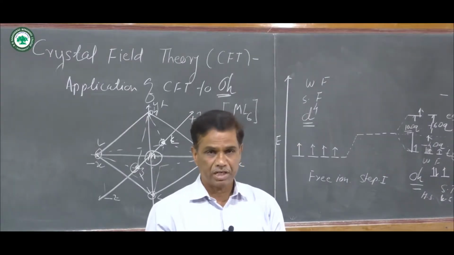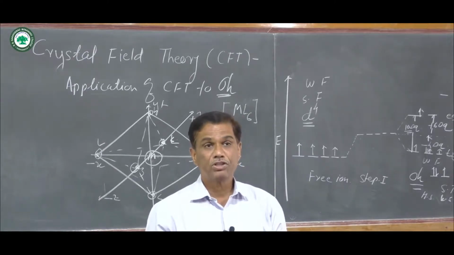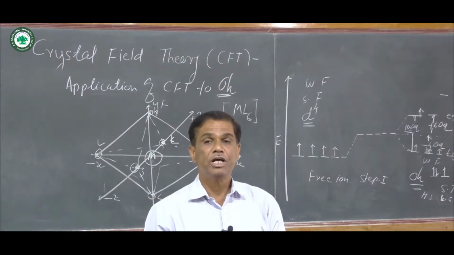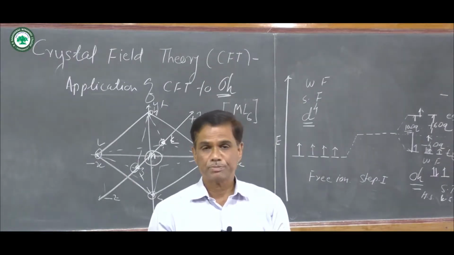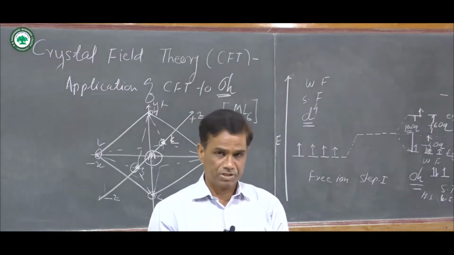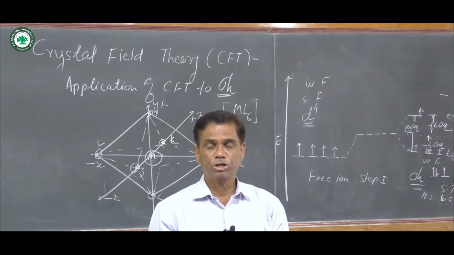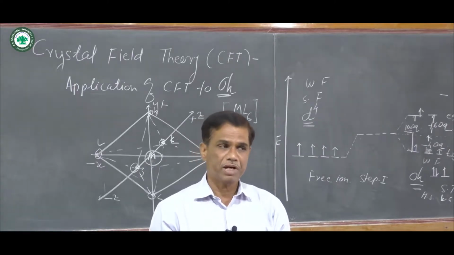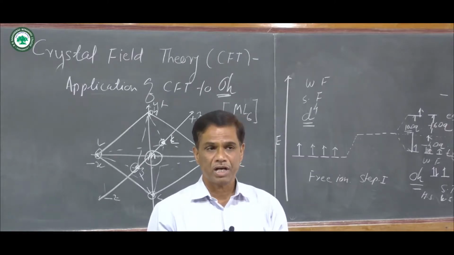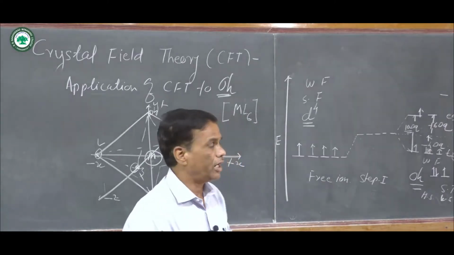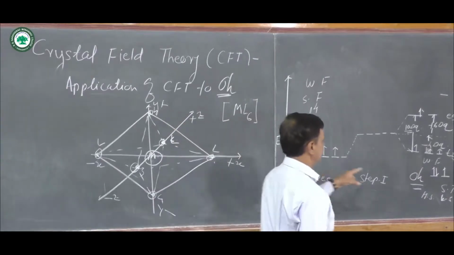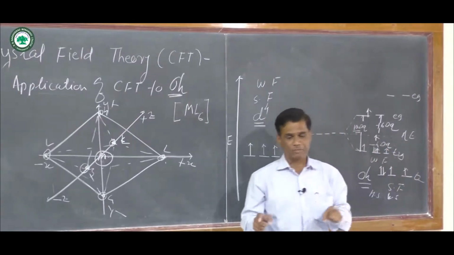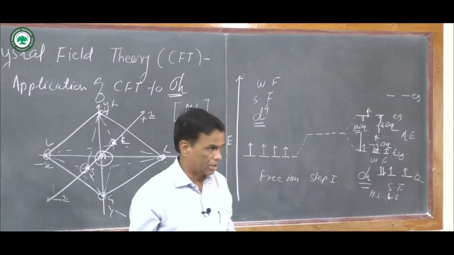The more the charge on the metal ion and the smaller the size, the more a strong field is formed. Again, it depends upon the position of ligands in the spectrochemical series. You know that in the spectrochemical series, cyanide is first, then ethylenediamine, then ammonia, then water molecule, then OH minus, then fluoride, chloride, bromide, iodide, etc. According to that, cyanide forms the strong field and halides form the weak field, and these are the two types of fields in the octahedral complex.